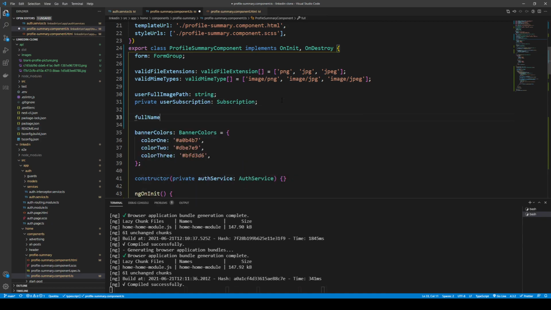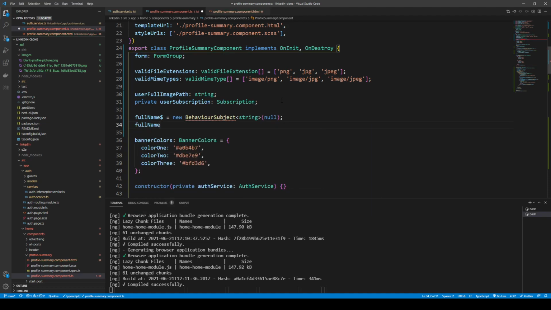So we'll get a full name, and this is going to be an observable, and we'll set this to a new BehaviorSubject so we can push changes to this, and we'll set that to be null, and then we'll also have a fullName, and we'll set that equal to blank. So we'll bring this in, BehaviorSubject, oh, there's no R, so we can bring this in